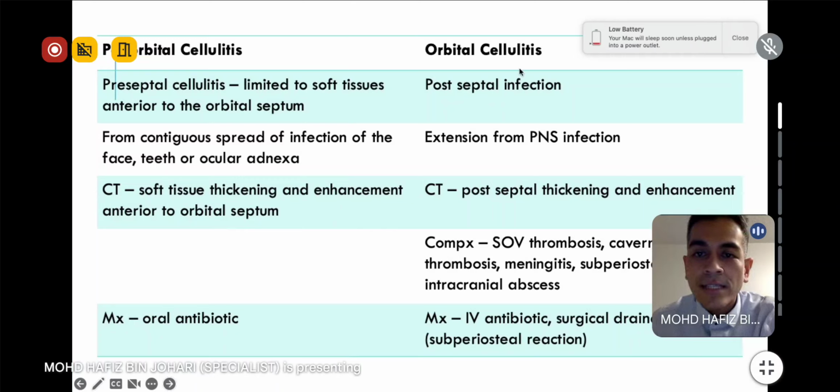Orbital cellulitis is a type of postseptal infection, usually seen from extension of PNS infection. What we can see is that there is postseptal thickening and enhancement. There can be complications, for example, superior ophthalmic vein thrombosis, cavernous sinus thrombosis, meningitis, subperiosteal or intracranial abscess. The difference in management is that for orbital cellulitis, they will give IV antibiotics and surgical drainage if there is